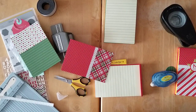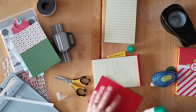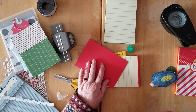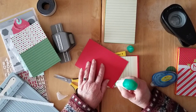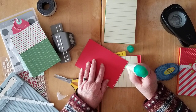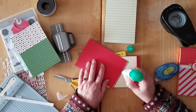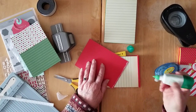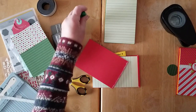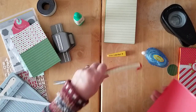properly. So I'm going to use wet glue here, and I'm just going to put the teeniest little strip here. It really doesn't need much because this glue is quite strong. You could use red line tape as well, but I find red line tape is a little bit less forgiving. So if you don't quite get it down right, it's very hard to pick back up again. And basic runners are not quite strong enough. So I prefer to use